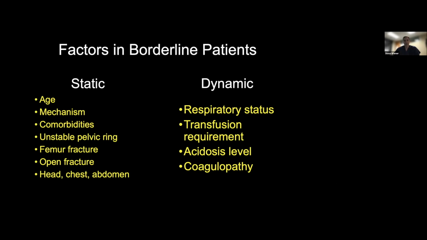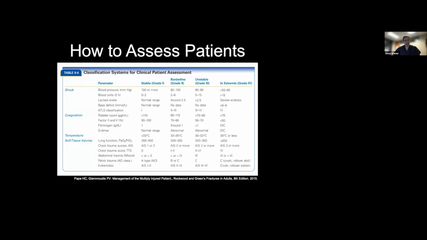So now, how in practice do we assess these patients? There are lots of different ways to do this. This is one chart that starts to assimilate some of this information, and there's a ton of information in these charts. So it's very difficult when you have a patient come in tomorrow with this polytrauma status: how do you categorize this patient into a stable, borderline, or unstable clinical condition? Very hard to do. Most patients aren't going to be able to be put into one of these buckets. But what's helpful, and what's been borne out over and over in the literature through multiple decades, is that lactate levels can be very important in this.